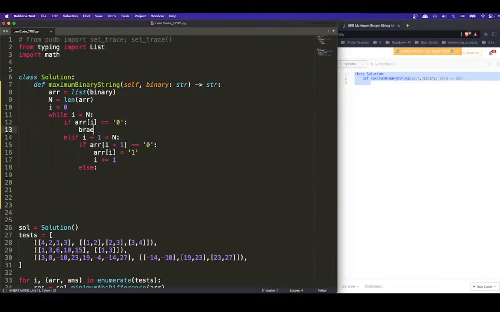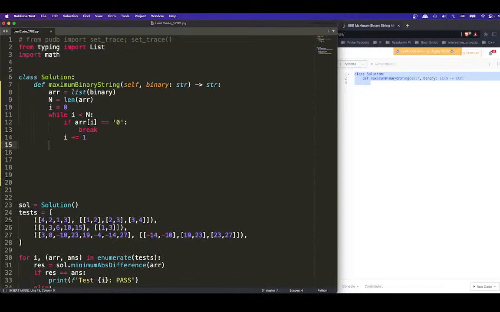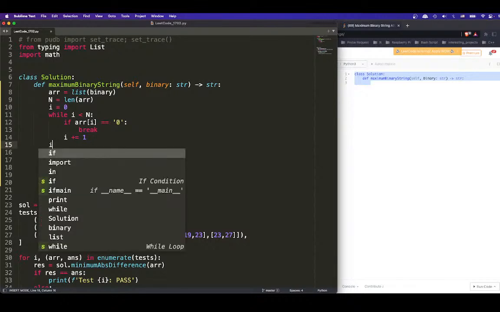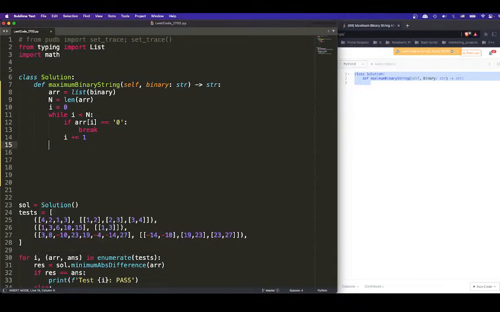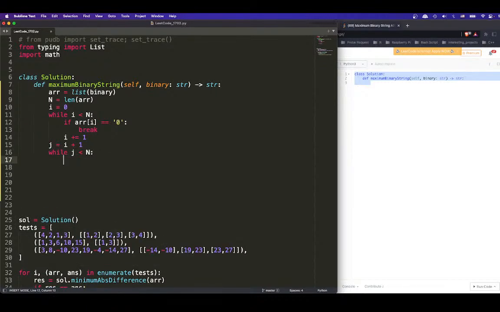Then we break. Okay, so we just keep searching. When we find the first 0, then we're gonna go I and J. So J is gonna be equal to I plus 1. So while J is smaller than N,